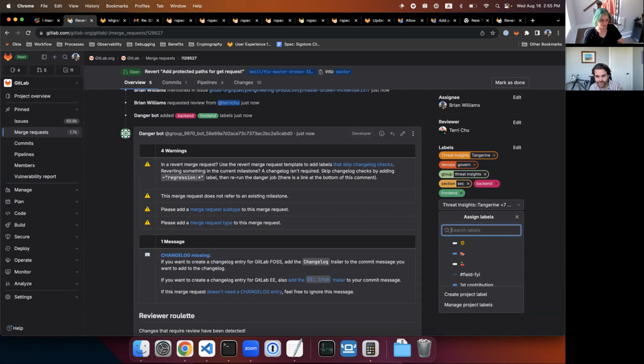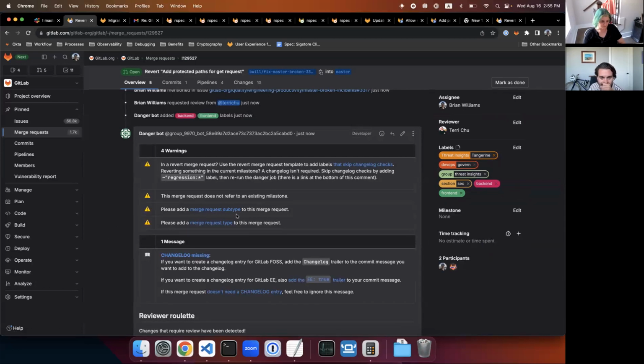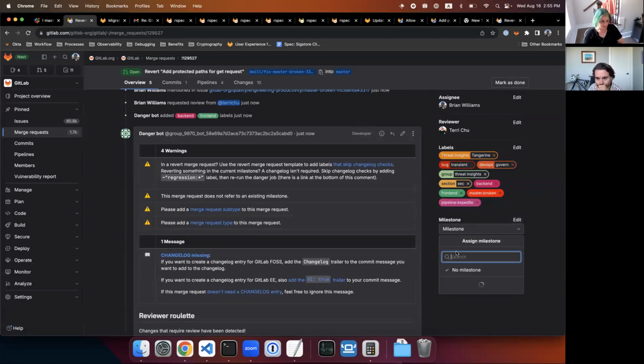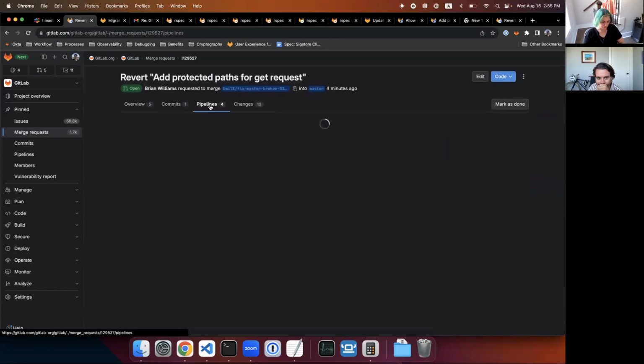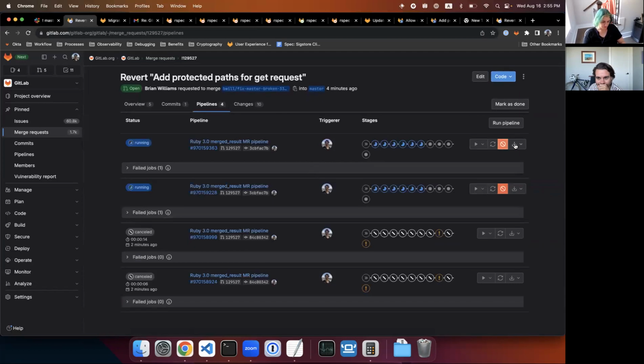Okay, what is the other? Revert MRs. Why did it not link to the right thing? Okay, revert MRs. It will apply pipeline expedite and master broken. Oh, you already did it. Okay, you're quick. Yeah, let's add this thing. And then